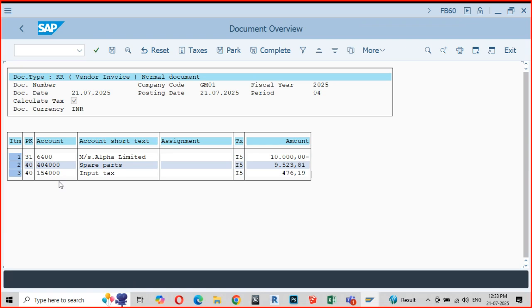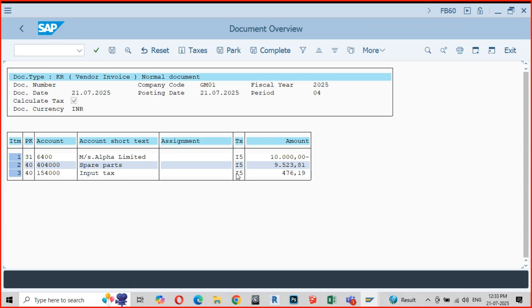This was calculated based on this I5. What is this I5? This was a tax code defined at 5%, for which I have applied the transaction fee. So this purchase of spares was subjected to 5% tax. So the end user simply gave the tax code as I5, and the system has calculated.